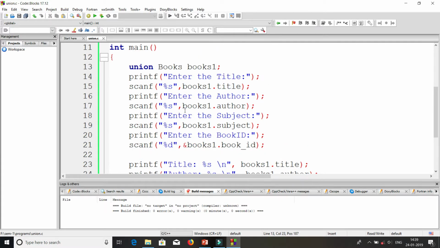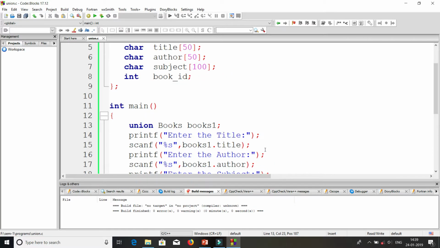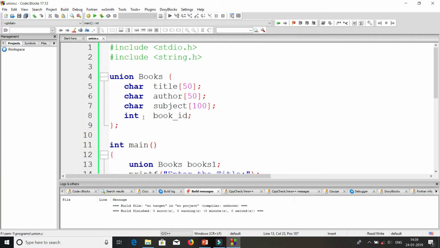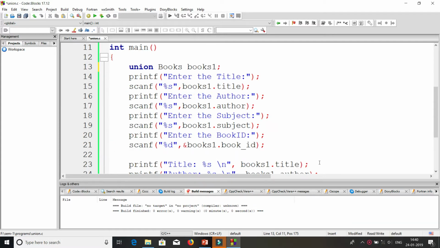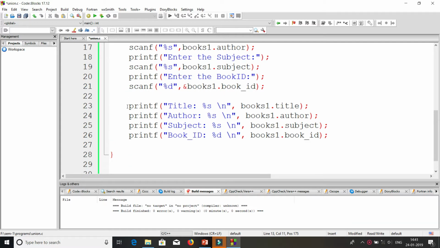So here we are assigning first the title, then the author and subject, and the book ID. But the size allocation of the union is like that. It is assigning a block of 100 bytes to a single union, and it is replacing the value of the union by each input. Now let's change this to